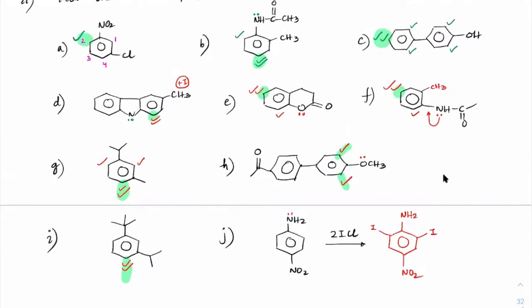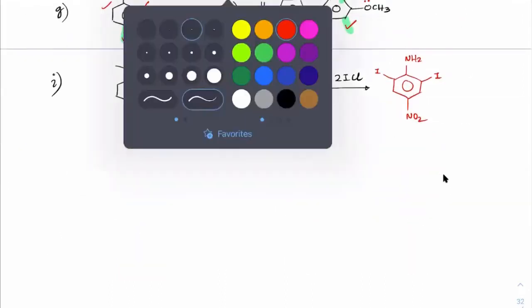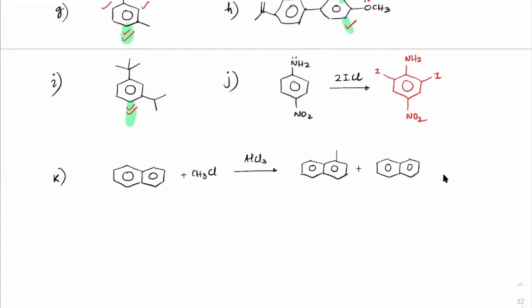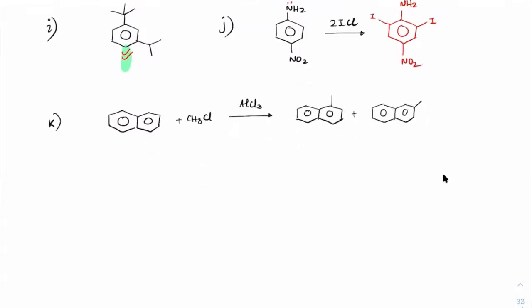Okay. Now, last question. Write one more question. Suppose a molecule is given, naphthalene is given here, and we are treating that with CH3Cl in the presence of AlCl3. And you are getting alpha and beta substitution. This is alpha substitution and this is beta substitution. It can get 2 products, right? Now, what are the best preferred solvents? You have to tell me what are the best preferred solvents in this.